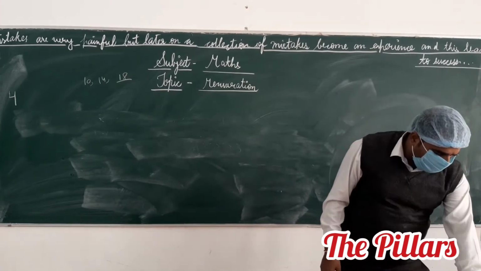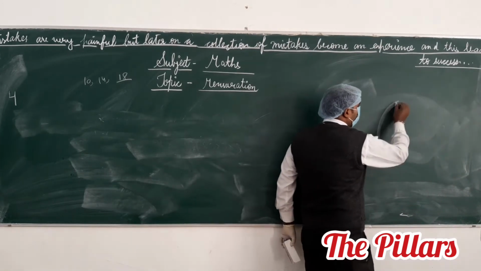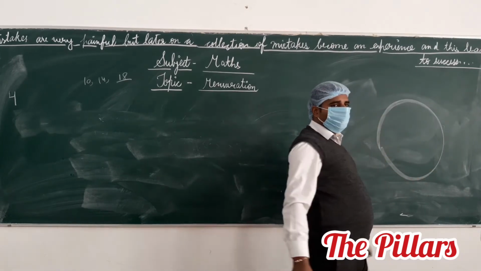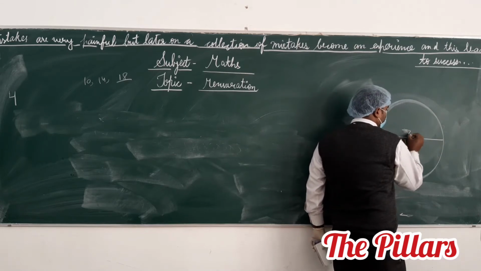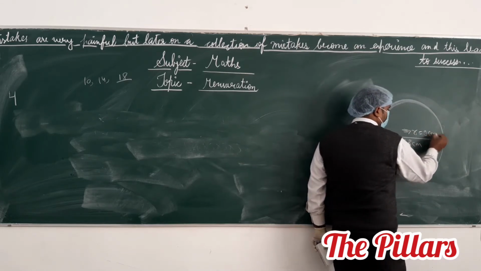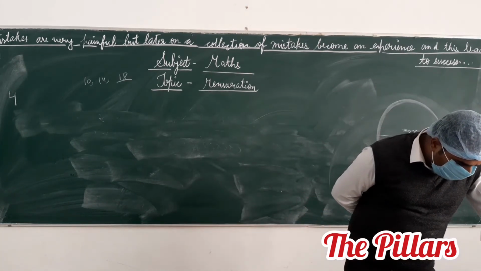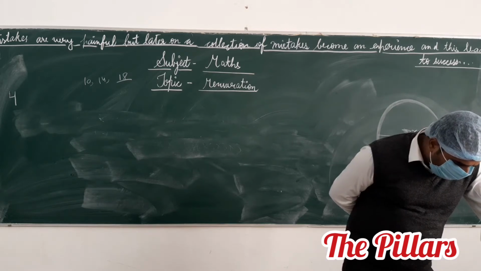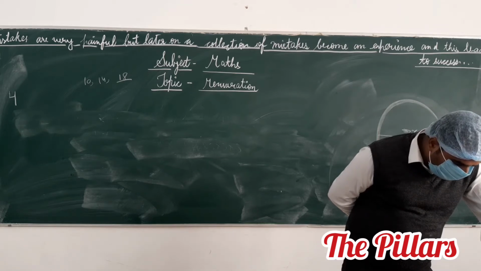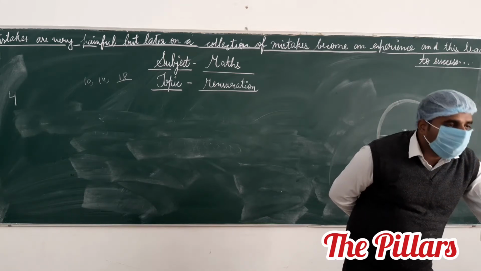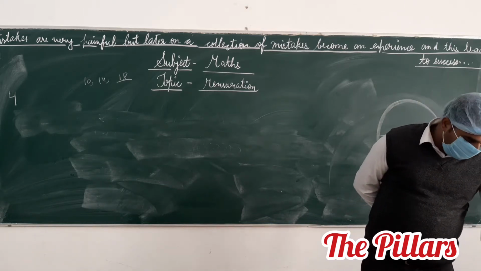The diameter of a copper sphere is 18 centimeters. Suppose you have a copper sphere given whose diameter is 18 centimeters. This implies the radius equals 9 centimeters. Clear? Anyone any problem? It is melted and drawn into a long wire of uniform cross section. If the length of the wire is 108, find its diameter.